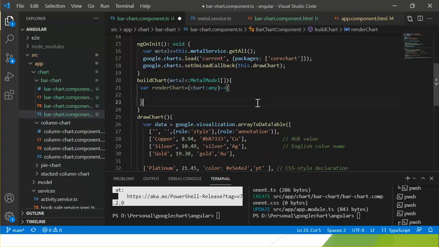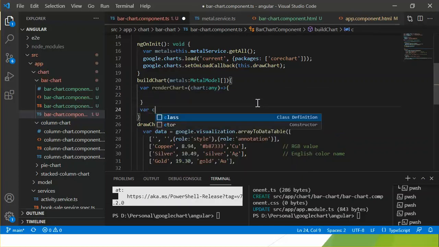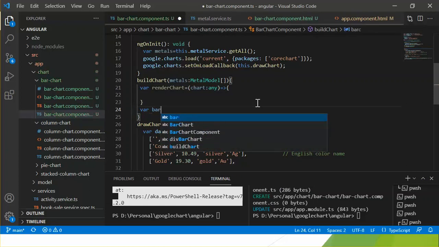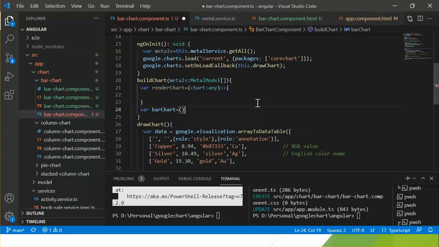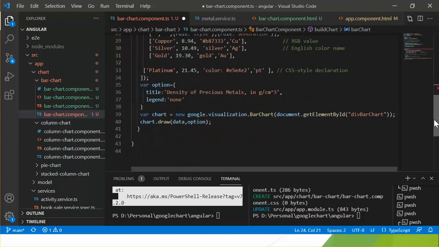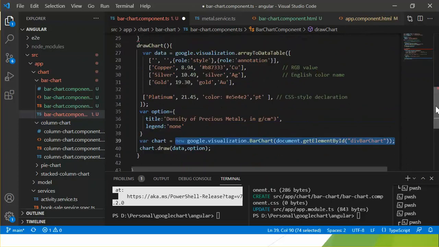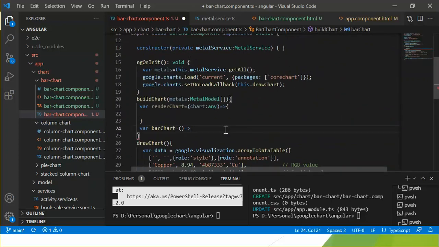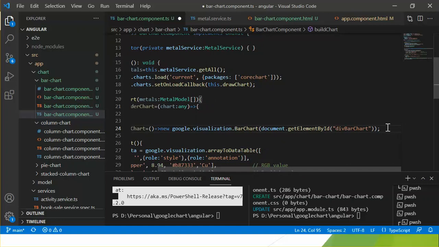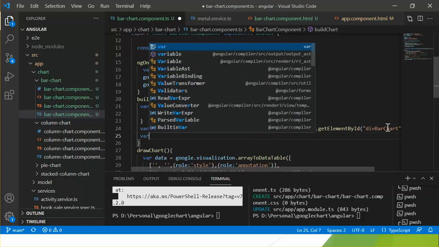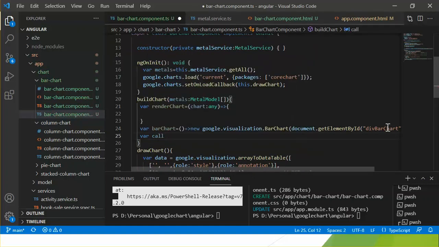Okay, let's declare a bar chart inline method here. This method will return the instance of the bar chart. And here I am declaring another inline method. Name it the callback.